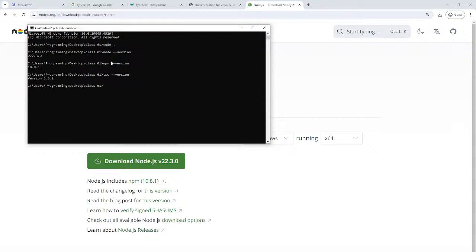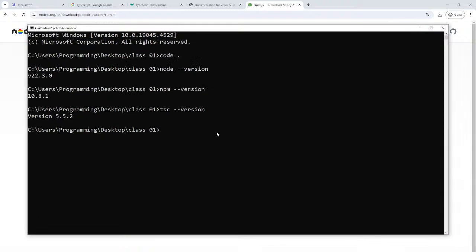In case you don't have tsc installed right away, you can install it using npm, using the command npm install minus g, which means globally, space TypeScript. That should install TypeScript for you people.